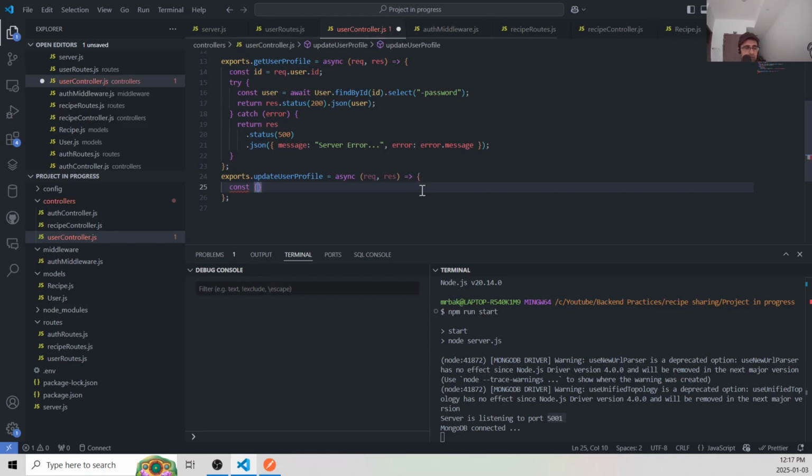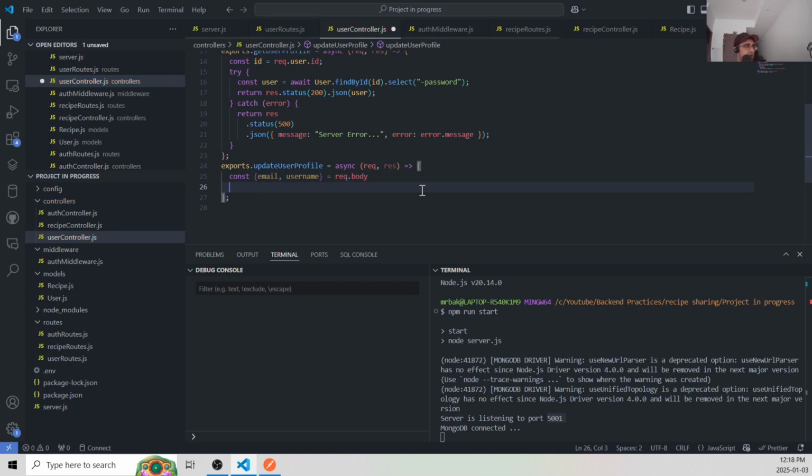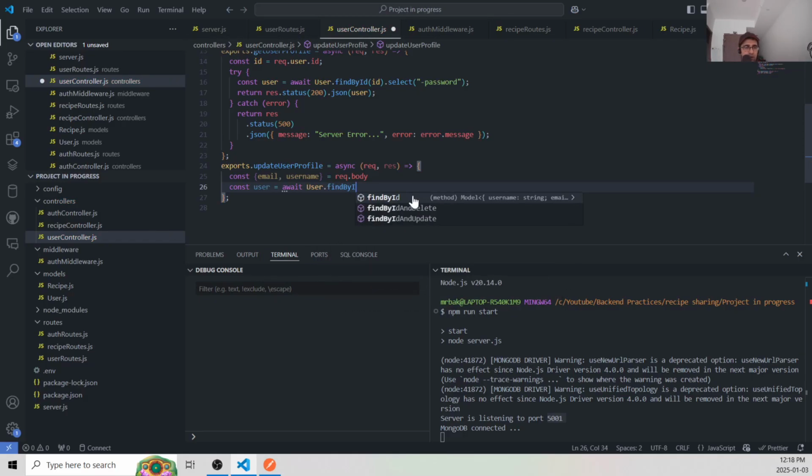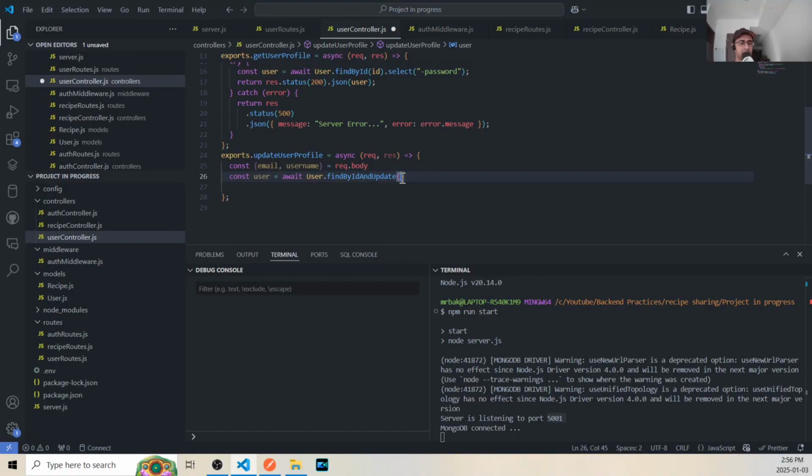Values such as email and username will come from the body of the request. And we're going to use a method called findByIdAndUpdate. This is the kind of method that we're going to use to update the user instance. So let's define the user as an instance of the user schema and use this method findByIdAndUpdate. So we're going to get the ID,